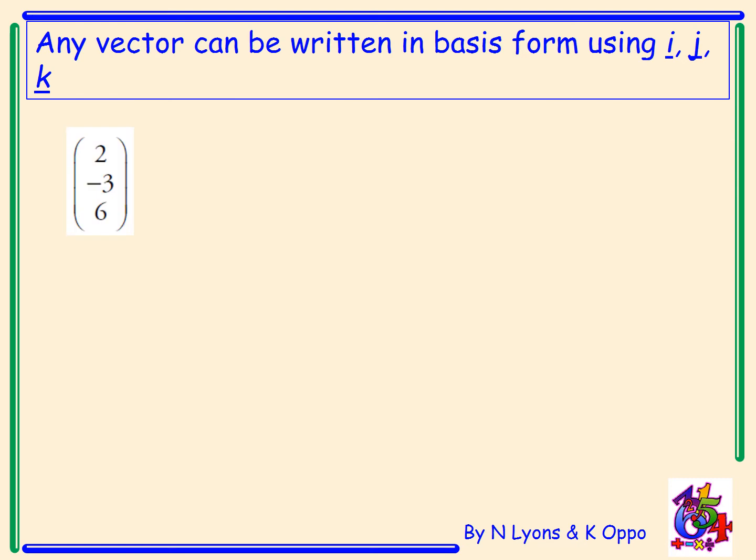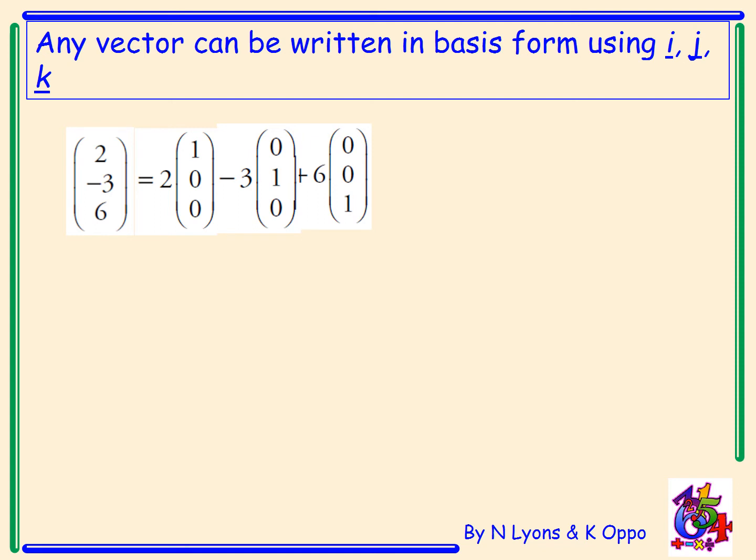So for example, let's look at the vector (2, -3, 6). We can take those components and write them in the form: 2 times (1, 0, 0). Remember that's i, that's the unit vector in the x direction. Take away 3 times the vector (0, 1, 0), and that's the unit vector in the y direction. Add on 6 lots of the vector (0, 0, 1), which is the unit vector in the z direction. And we can write that as 2 times the vector i, subtract 3 times the vector j, add on 6